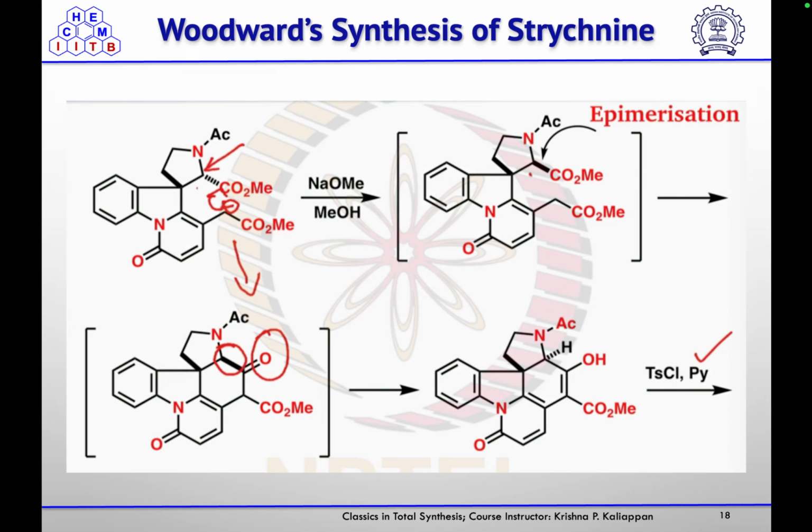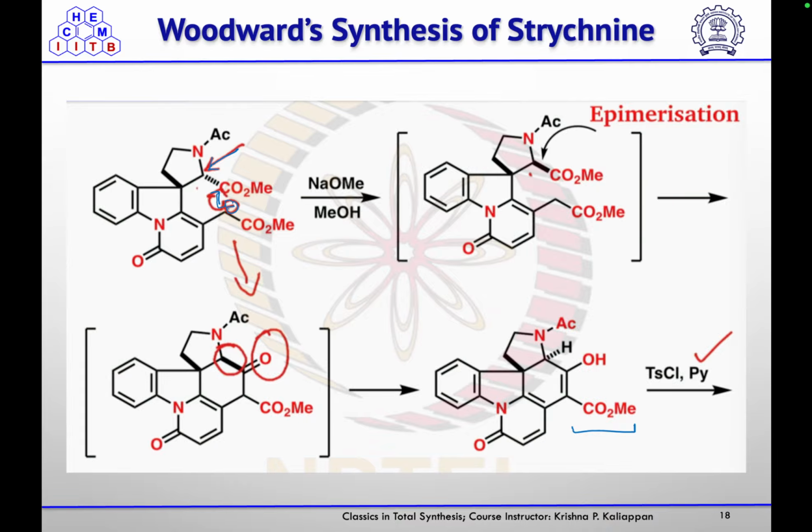After getting that, then they treated it with sodium methoxide in the presence of methanol. So they wanted to form another ring here. So this is the acidic proton. So negative charge will form here, or enolate will generate at that position, and that will react with your ester to form the corresponding cyclized product. But in the presence of sodium methoxide, they observed first epimerization of this center, and then that cyclization was happening. And that beta keto ester was more stable in the enol form. So this they got here.